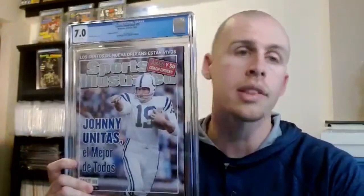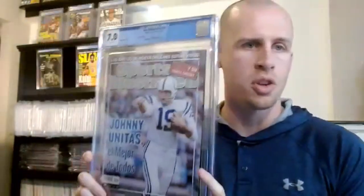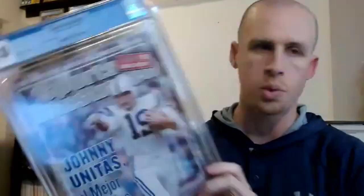And this was another one like that Javon Curse we just saw, where this cover was only released for the SI Mexico. So this was basically in memoriam of Johnny Unitas when he passed away in 2002. And the United States version also had Johnny Unitas on a cover in 2002 when he passed away, but it was a different photo. And that one said the best there ever was, whereas this one says the best ever. And like I said, the US version, it was a different photo. So this is a unique cover only to Sports Illustrated Mexico, which I love and I think makes it very cool. This one does say